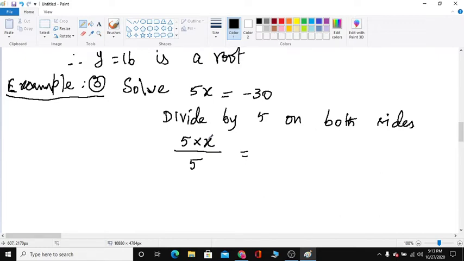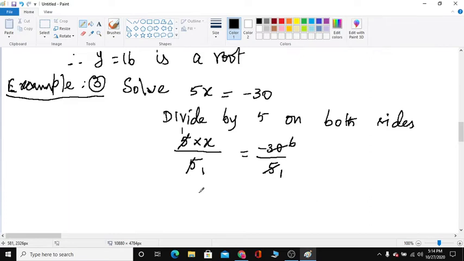So 5 into x by 5 is equal to, right hand side, what is there? Minus 30, so minus 30 divided by 5. Directly write in fraction form, divided by 5. Now here on the left hand side you see in the numerator 5. 1 times 5 you can cancel. On the right hand side, minus 30 by 5. 5 is a common factor between numerator and denominator. 1 5 is 5, in 30, 6 times. 6 5s are 30. So the 5 cancels in numerator and denominator. So only x is left over. So write the variable x is equal to, here what is the numerator? Minus 6.